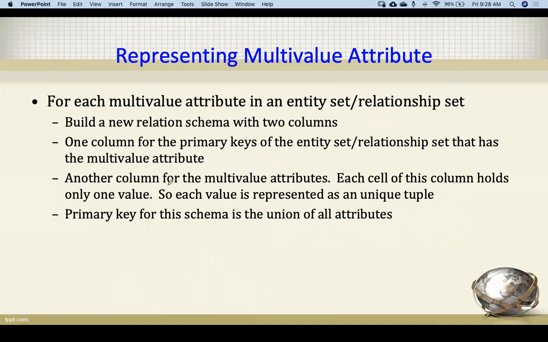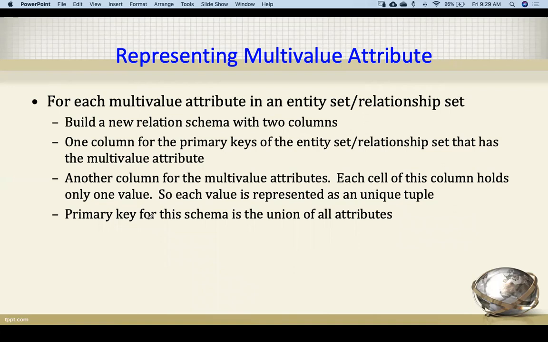Now let's talk about multi-valued attribute. What happens with a multi-valued attribute? We know what a multi-valued attribute is, right? A multi-valued attribute means one attribute may have different values. Let's say the phone number. One person has more than one phone number. So how can we put it? Because we know that only one data value can be put into a field. So how can we handle this type of attribute here?